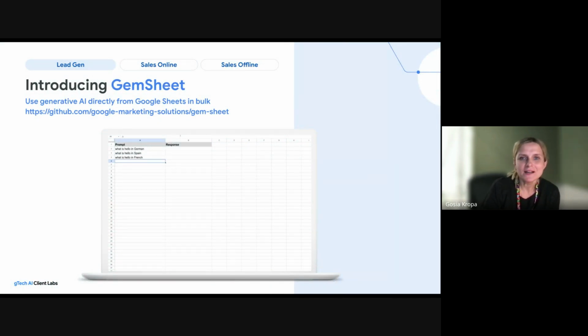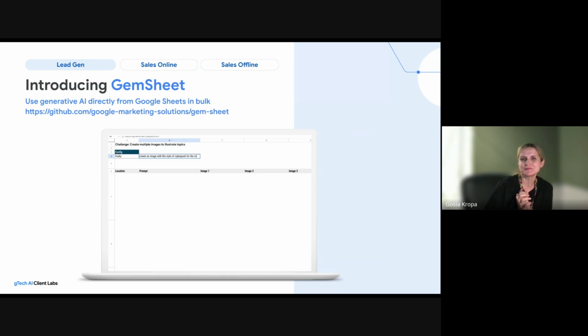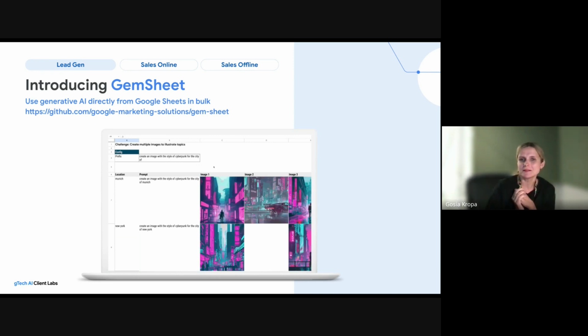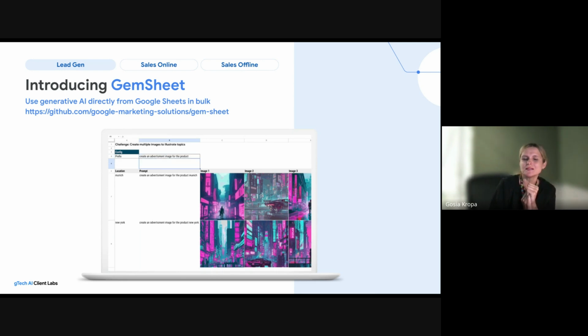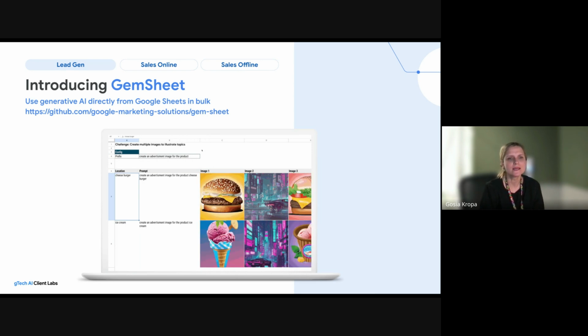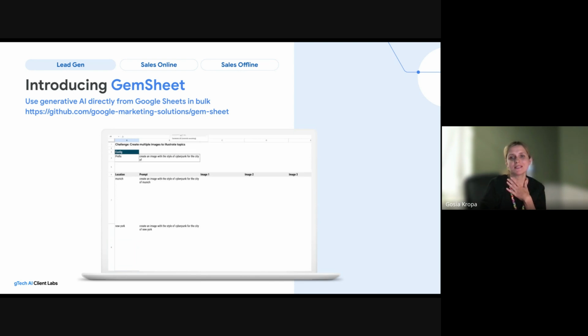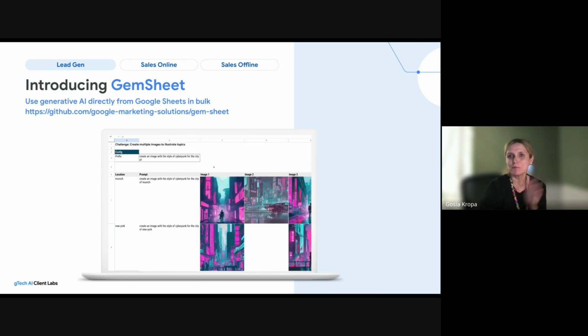It's fun to use Gemini on the web, and I don't know about you, but myself, when I'm at work, I actually spend most of my time in Google Sheets, and I do stuff in bulk. So this is where GemSheet comes in. This solution allows you to quickly experiment with different AI cases like text and image generation directly in Google Sheets. And the results are written back in the same sheets, so they can be easily integrated in whatever marketing workflows you have in place. That's immediate efficiency gains. So we're banishing copy and paste from web here, a really fun one that you can start with.